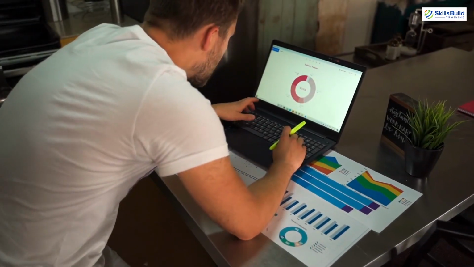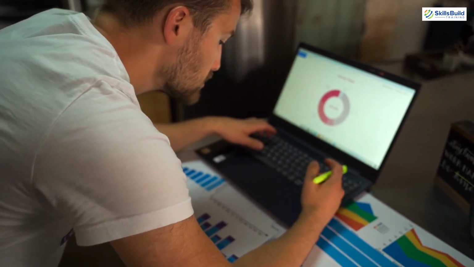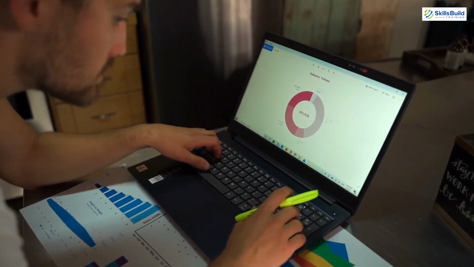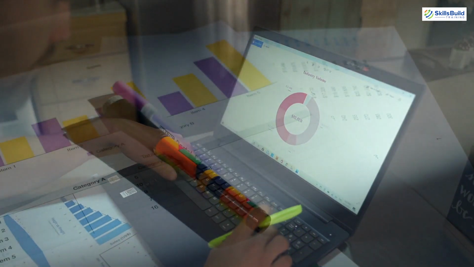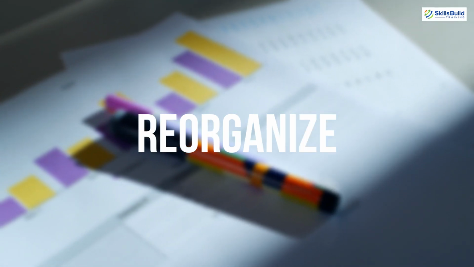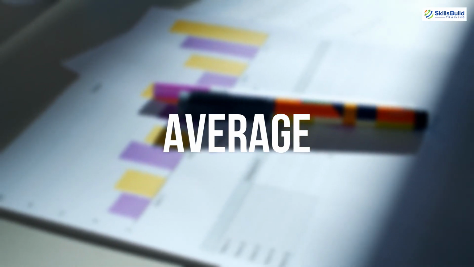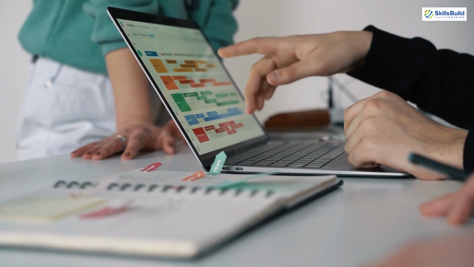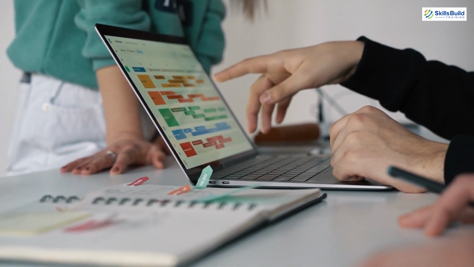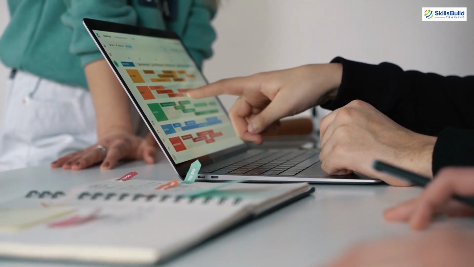Pivot tables are one of the most powerful and useful features in Excel. With very little effort, you can use a pivot table to build good-looking reports for large data sets. A pivot table is used to summarize, sort, reorganize, group, count, total or average data stored in a table. It allows you to transform columns into rows and rows into columns. It allows grouping by any field and using advanced calculations on them.